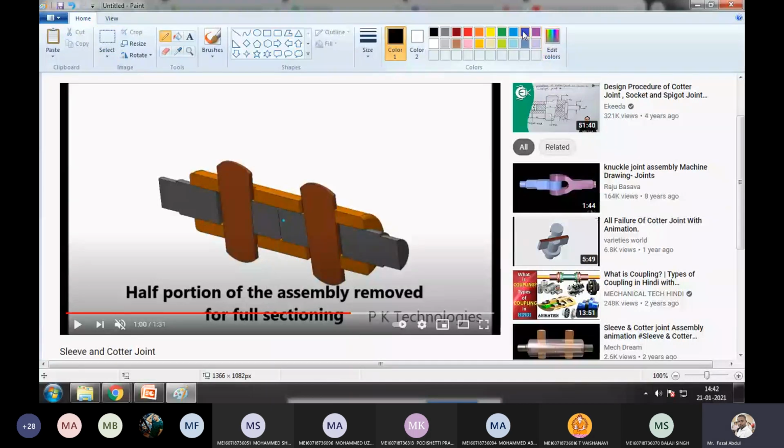See, what I'm doing here: because of this, the quarter is going to hit the surface of the rod. Otherwise, the rod is going to hit the quarter like this. So because of hitting, what happened? This particular area of the quarter, otherwise this particular area of the rod, is subjected to crush.